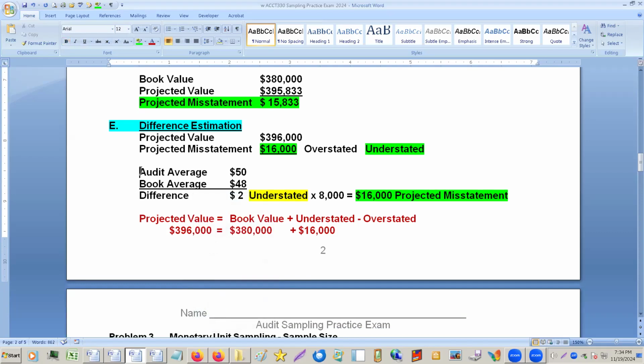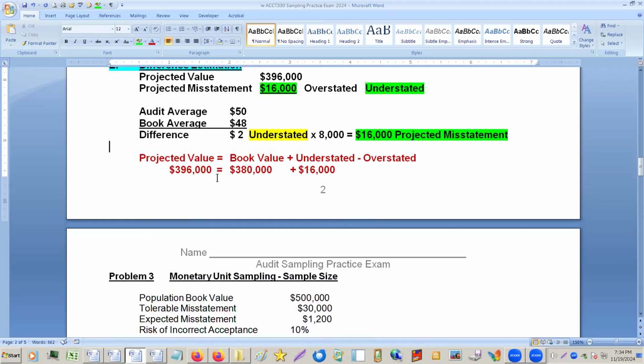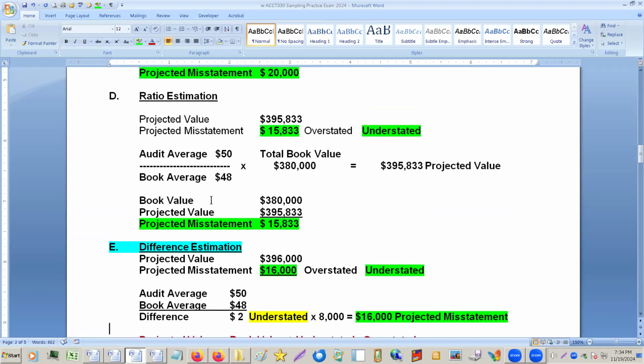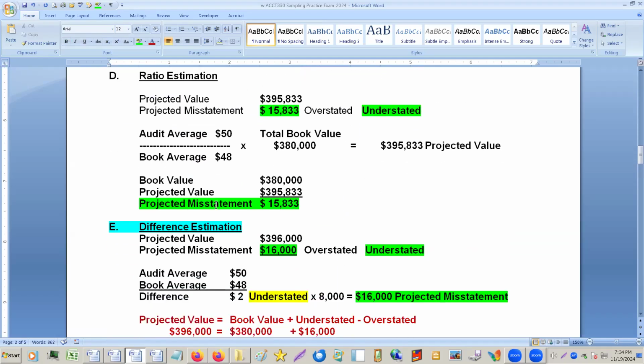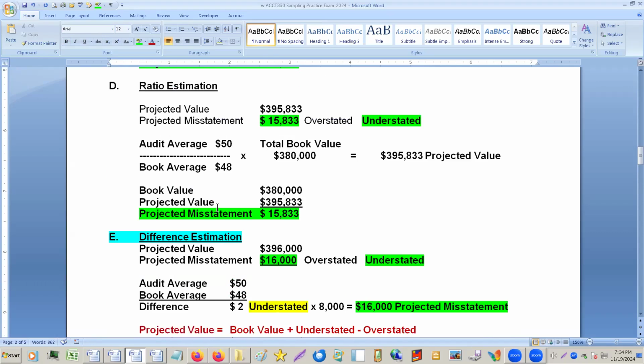They could give you a problem. I don't think they do that as much anymore. When I was going through, they used to give us big problems like this, where they would say, okay, figure out what the three projected values are for these, or whatever.